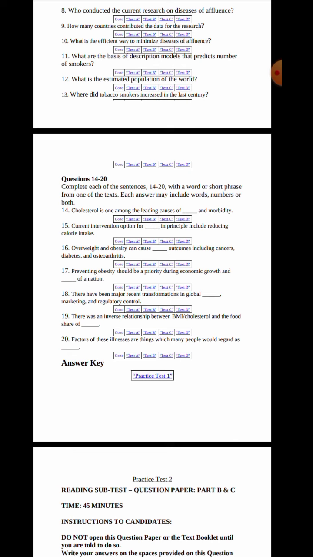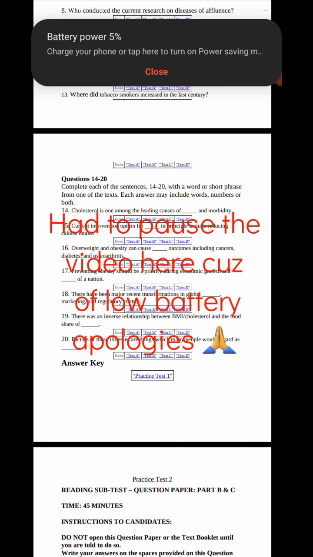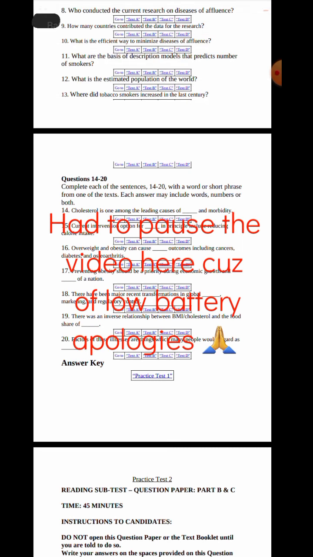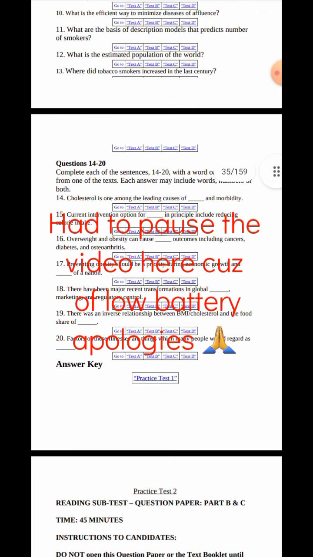So question 17. Preventing obesity should be a priority during economic growth and dash of a nation. So guys, again, let's go back to the text. Okay, before we do that, let's select our keywords. So our keywords here can be what? Prevent